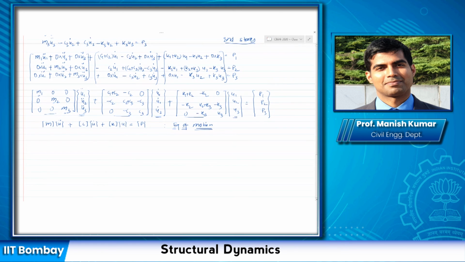The precondition is that the mass needs to be defined at the same degree of freedom. So in this case, M1 was defined with U1, M2 with U2, and M3 with U3. However, let us say there is no degree of freedom defined with M1, then you might get an off diagonal term. But in general, for a lumped mass system it would always be diagonal.